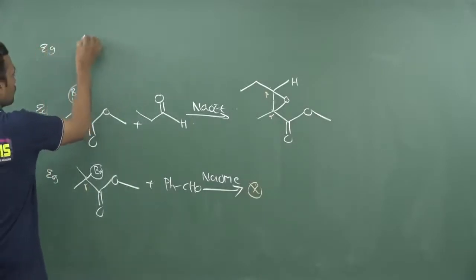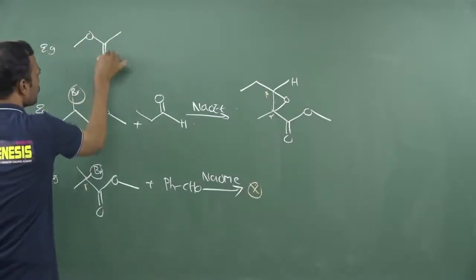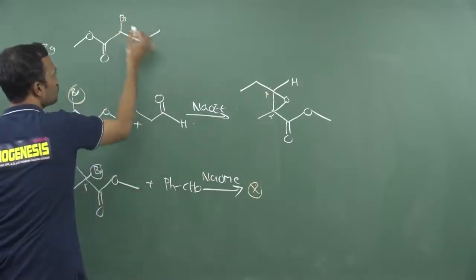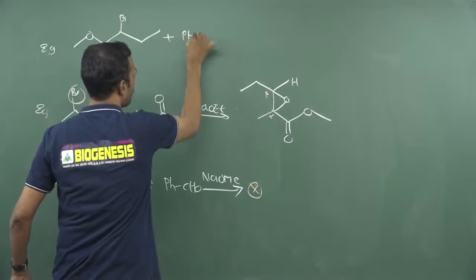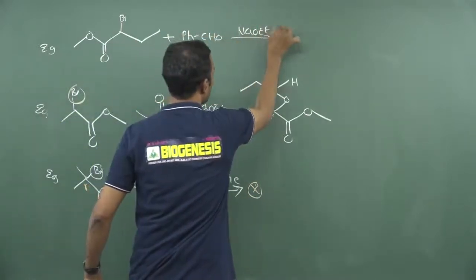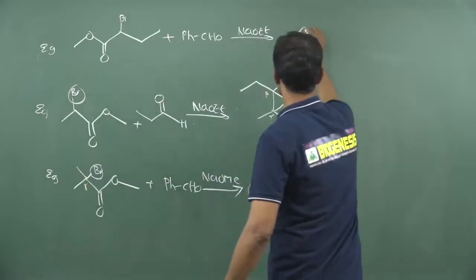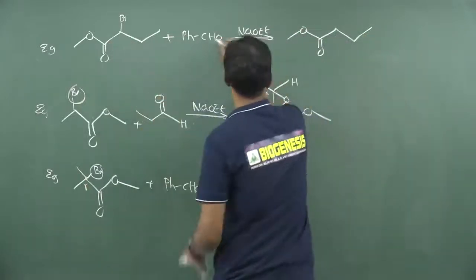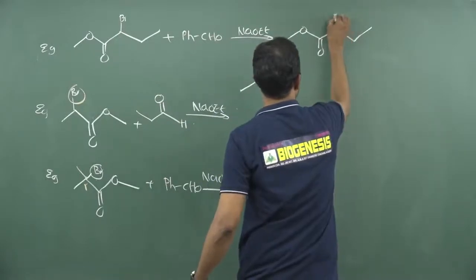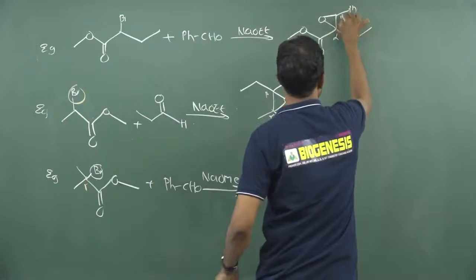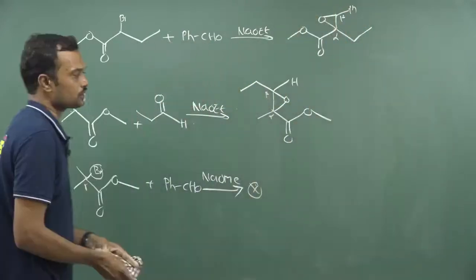Okay. Now see, I am taking the ester towards this side. This is one, and here a halogen atom is used. Now I would like to add benzaldehyde. Now use a base, NaOEt. What is the resultant answer? You write down the ester as usual. This is C double bond O. Now this is the alpha carbon and this. You write down the epoxide, and this carbon carries phenyl. That is the answer. So this is alpha and this is beta. Easy to predict these answers.